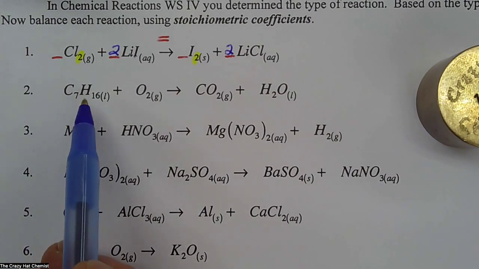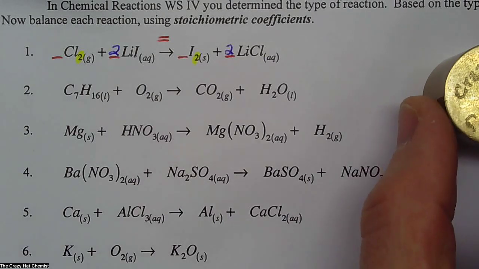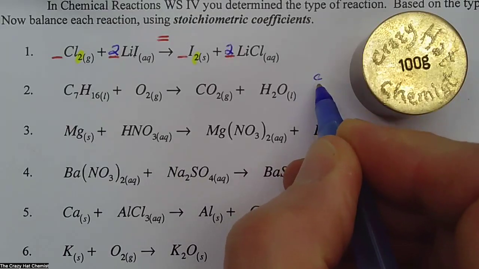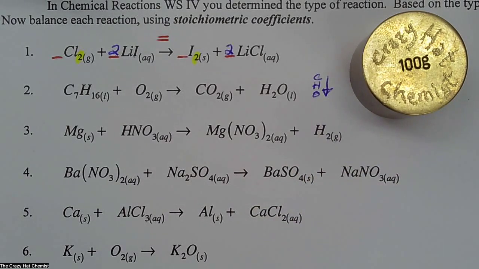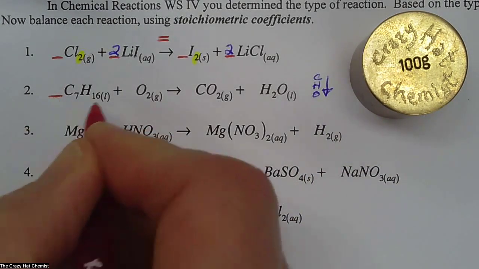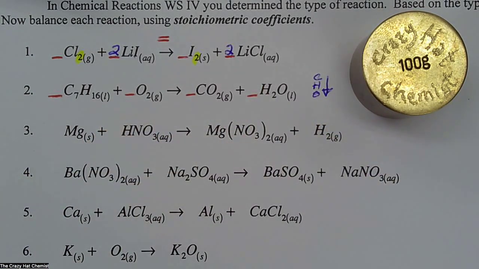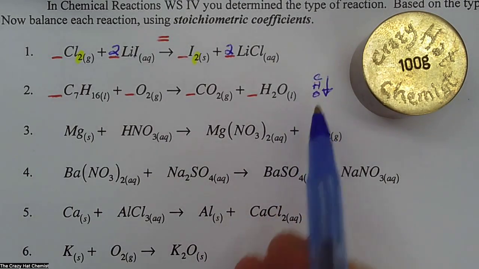Okay, problem number 2 is a combustion reaction. And with combustion reactions, you're always going to balance it in a particular order. That particular order which is necessary is carbons, hydrogens, and then oxygens, CHO. So you're going to balance it in that order. If you don't balance it in that order, it will take you much longer to balance the chemical equation. All other chemical equations, you're just going to balance it using whatever is the most complicated formula, and that is your starting point. But for a combustion reaction, we're going to balance the carbons, then the hydrogens, then the oxygens